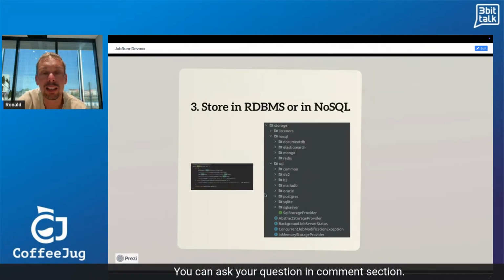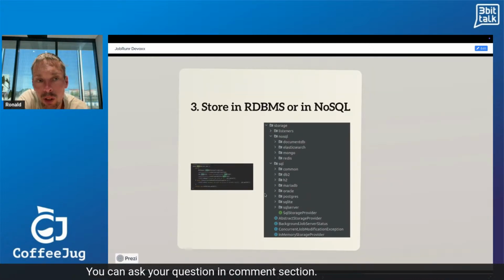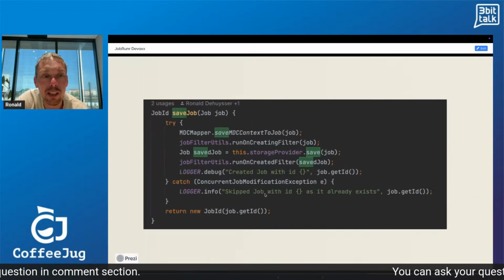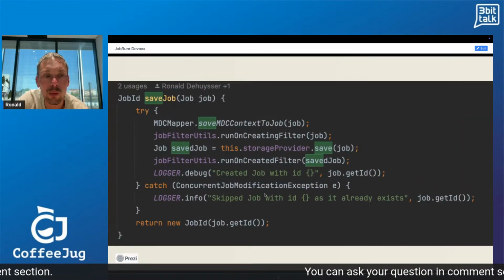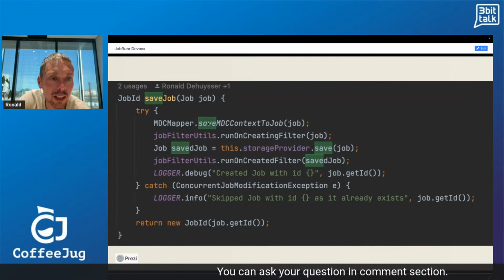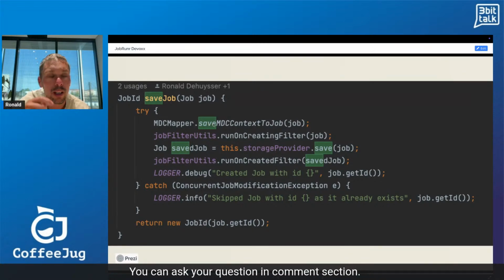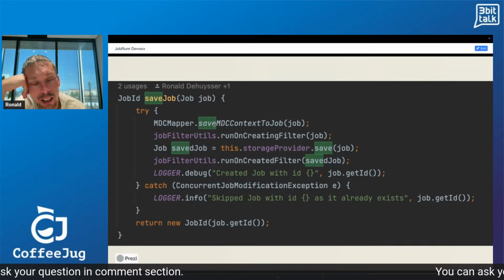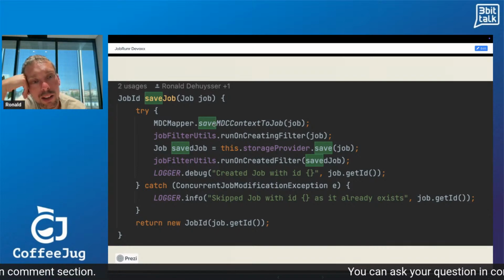Then what do we do? Well, then we save this inside the database. And the first thing that we do is we also save the MDC context to the job. And why is that? Well, remember there was no correlation ID originally when I created JobRunner.